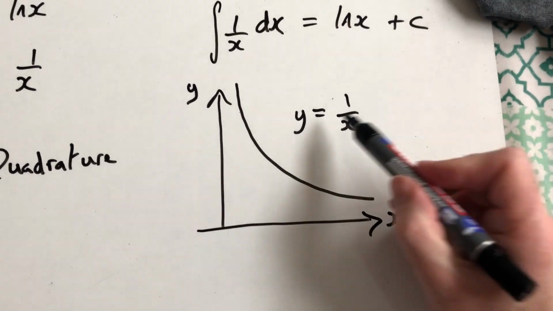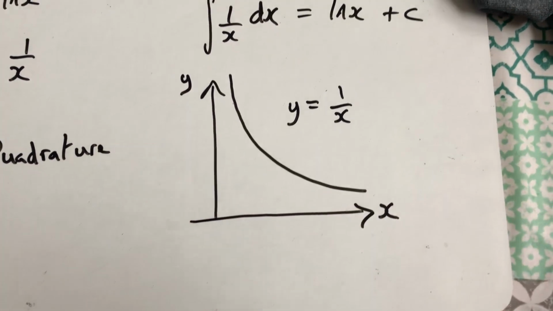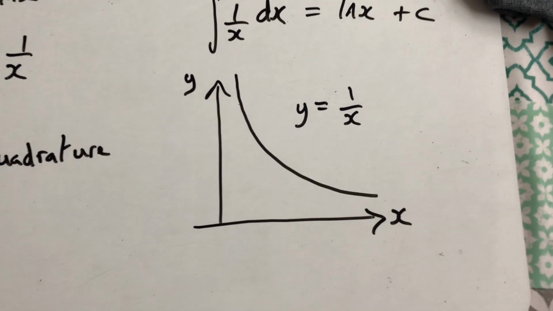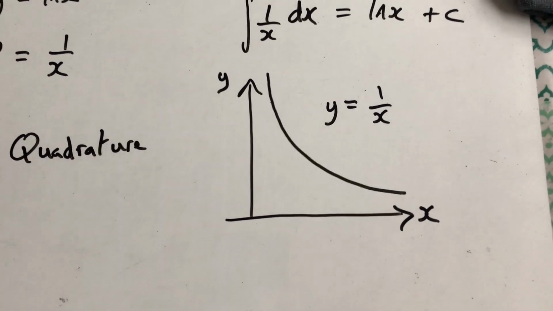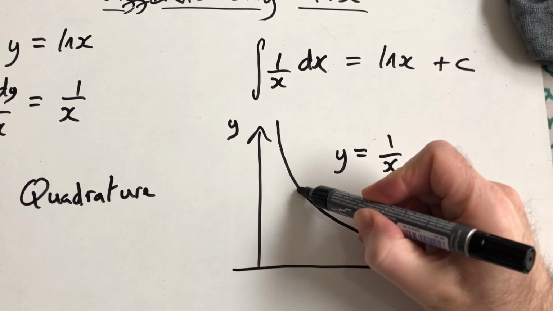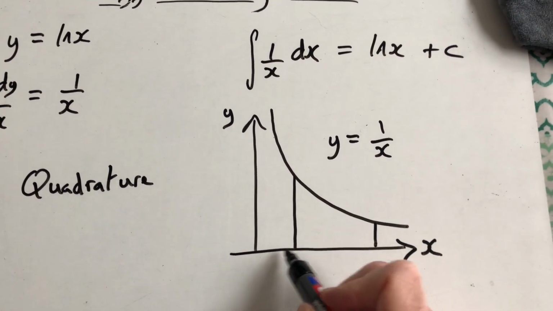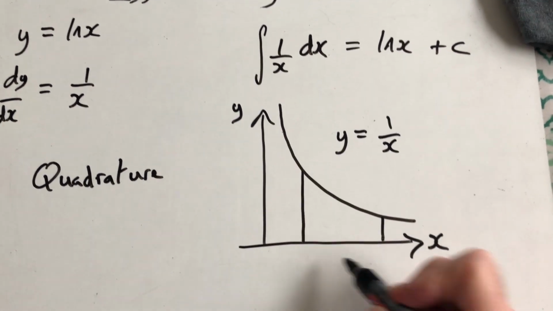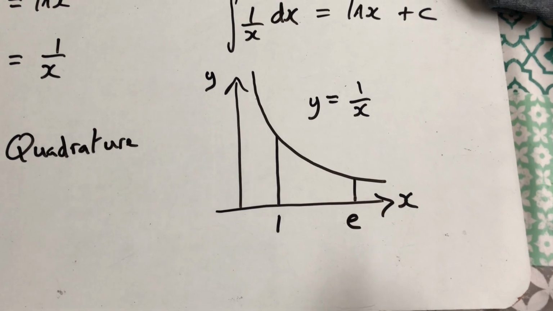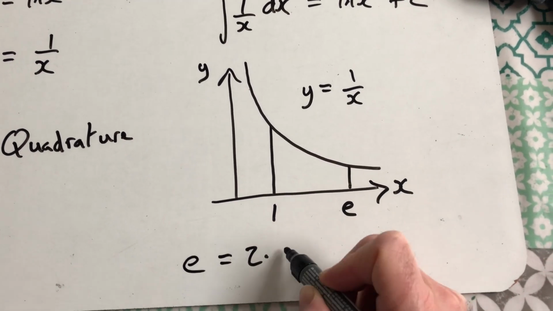Okay, investigating the area of the reciprocal function y equals 1 over x and the x-axis. Okay, and in their investigations they came up with a really fascinating result. Okay, really fascinating result. They discovered that the area bounded between these two lines here, the line x equals 1 and the line x equals e, and e was a number that was known at the time. Okay, e was known to be